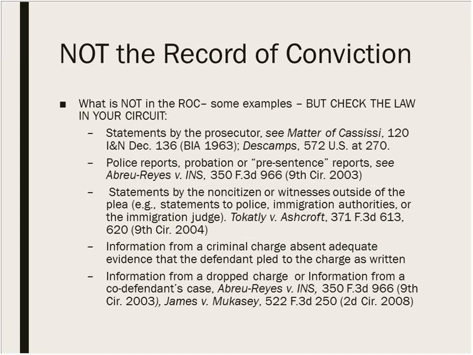There are lots of examples of things that are not in the record of conviction, and you can be creative about how you argue these issues, and definitely check the law in your circuit because there are some differences. But here are some examples. It's pretty intuitive, but statements by the prosecutor wouldn't be included, police reports, probation or pre-sentence reports. There's also other admissibility and hearsay issues with those types of documents that we argue about a lot. Statements outside of the plea by your client or by witnesses, and information about a criminal charge absent any information